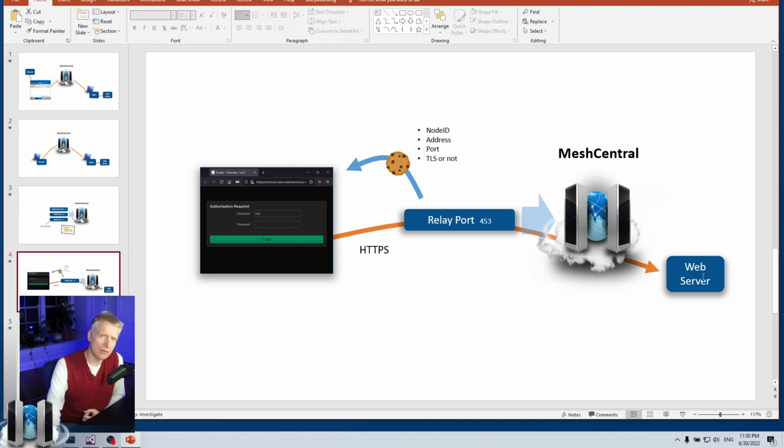If the cookie is not marked as HTTP only, then it's possible the cookie could be read by the local JavaScript on the web page, and so the relay port will forward that cookie over to the browser. But if the browser sends any cookies, those cookies are not forwarded. It's kind of weird, but that's the way it's worked so far. And so the performance so far is pretty good.